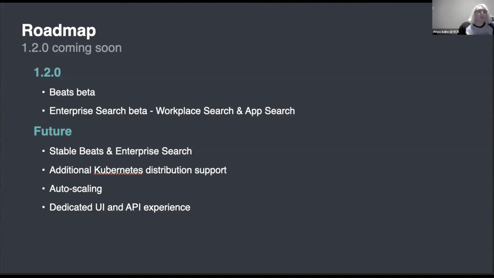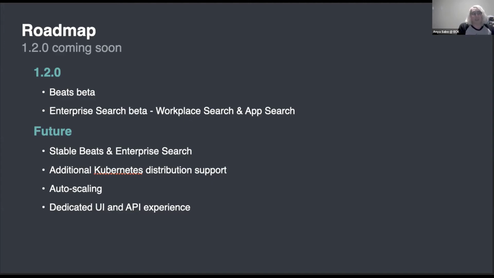So what we have coming up, I'm really excited about our 1.2 release. As mentioned, we went GA at the end of last year, and we've released new minor releases roughly every 3 months so far. And the new one will be 1.2, and I'm really excited about it. It introduces 2 new types. Like I was saying, we have Elasticsearch and Kibana and APM as their own first-class types right now. The 1.2 release will introduce 2 new ones in beta.